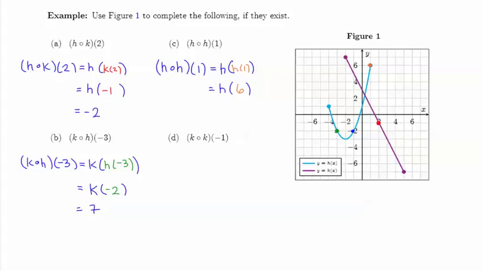Now, as I look at this function h, its domain goes from -4 to 1, including each of those, the value -4 and 1. But it's not defined at 6. So when I see that h composed with h evaluated at 1 simplifies to h of 6, I can now identify that h composed with h of 1 is undefined.